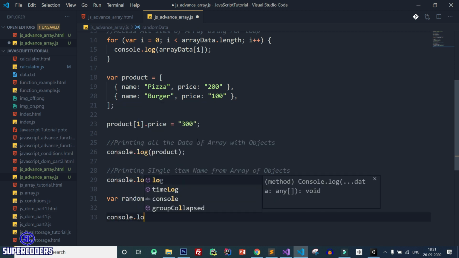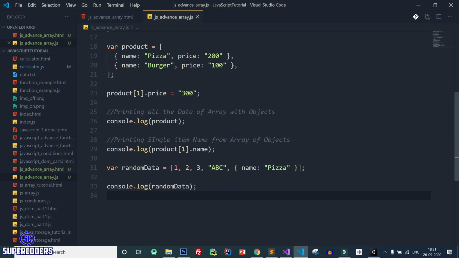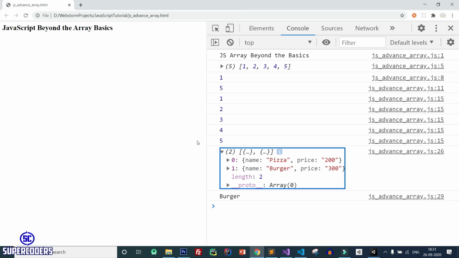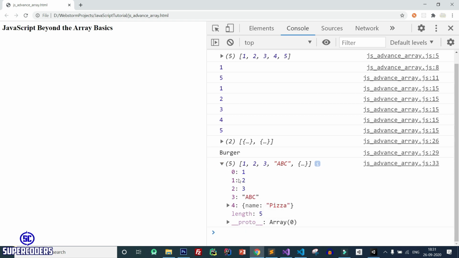So console.log(randomData). Save it, back to Chrome, refresh the page, and here you can see you can store everything inside an array, an array is not limited to storing only numbers, strings, or objects. So here you can see I stored everything like number, string, object inside an array.